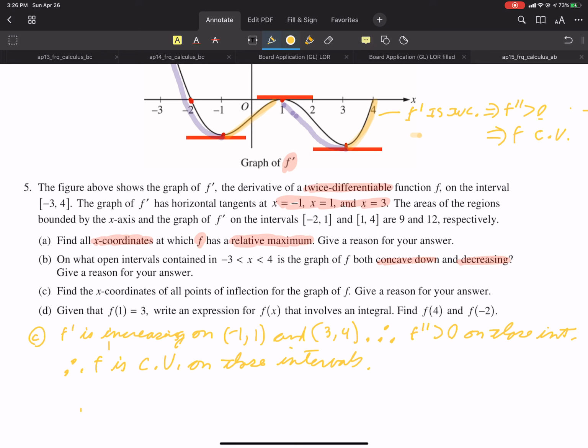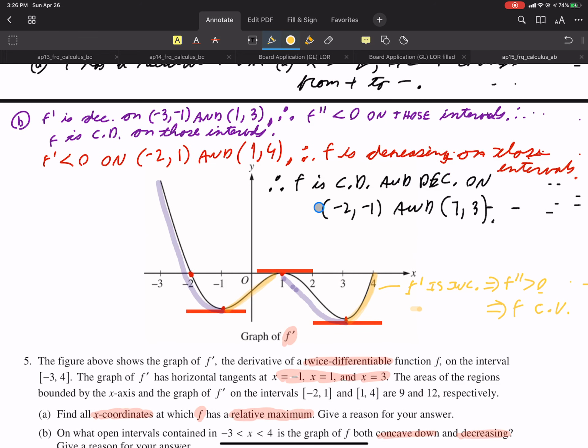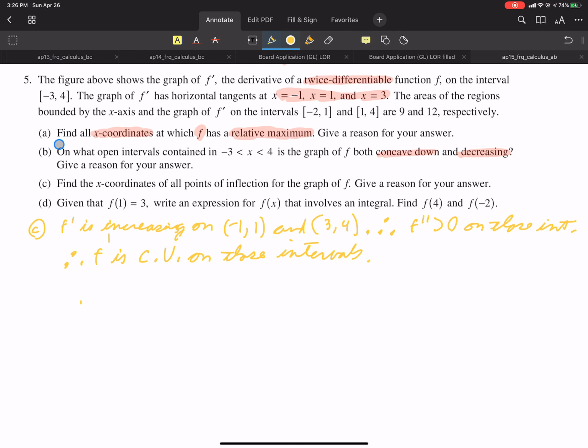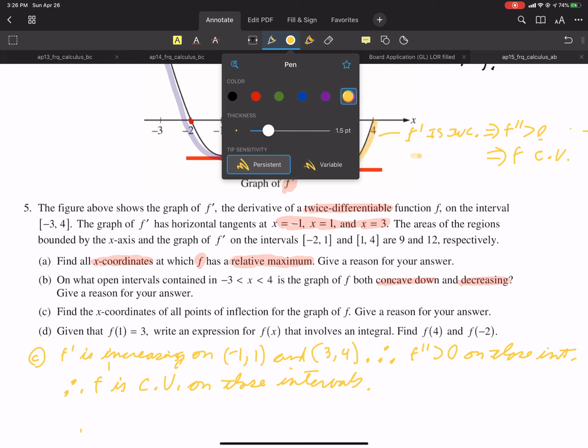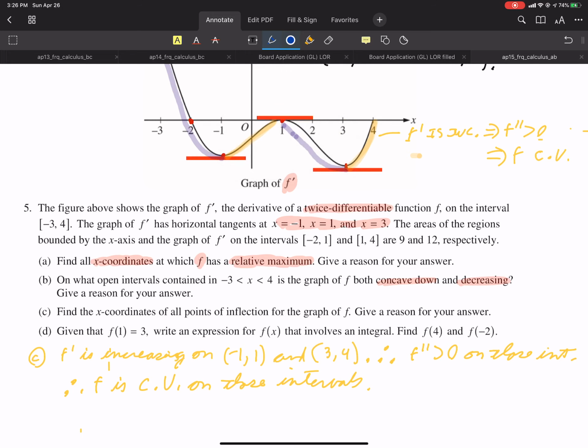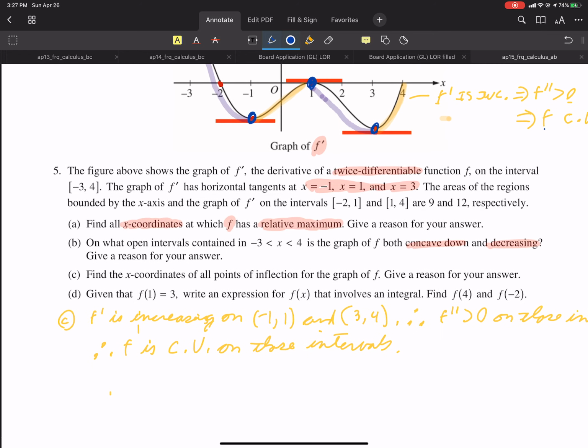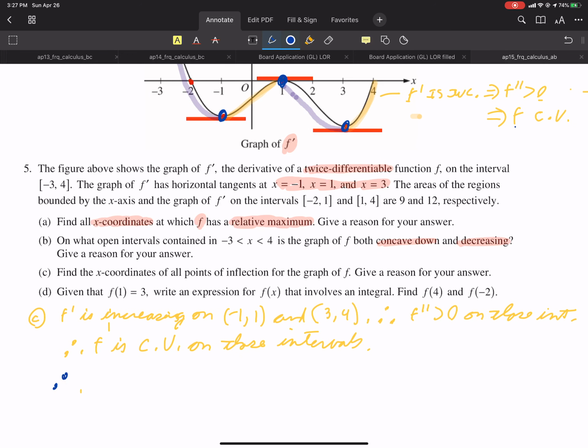So we have defined the regions where f is concave down, and we've defined where f is concave up. And where do they switch signs? I will do it in blue. So here, here, and here. Those are going to be the inflection points. So therefore, f has inflection points